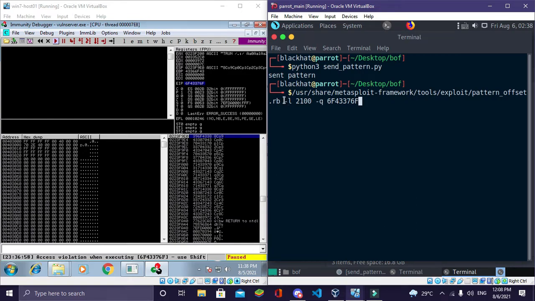And here the options are a little bit different. -l 2100, which is the same one. Here we give this program an idea about which pattern it has used, and here is the EIP value which we obtained after sending the pattern this program created earlier. Now using this information we can find the offset. Exact match at offset 2002.